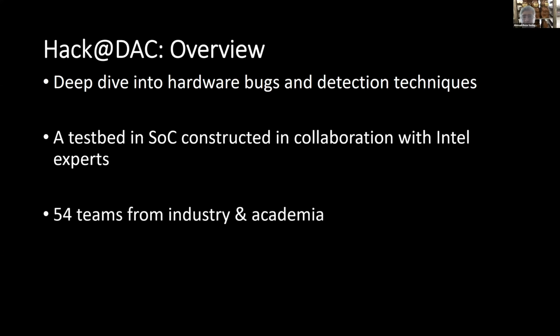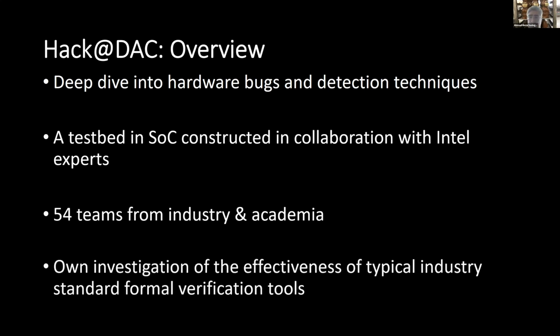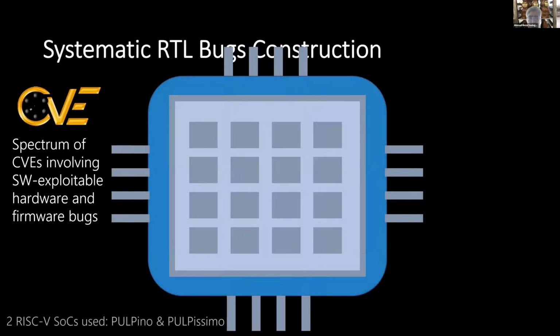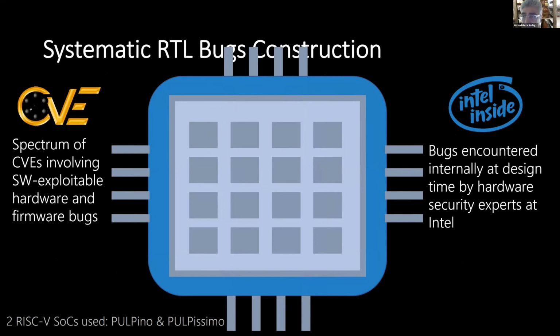Okay, so I don't go through all the things. What is important here is that there were deep bugs in the hardware, but the interesting point is that these vulnerabilities can be exploited by software. So they are cross-layer attacks. They go beyond microarchitectural attacks deep in the hardware. I'm just reporting from Hack@DAC 2018 and 19, going very fast through it. We used a lot of existing CVEs to fabricate the bugs. And we also used bugs that were internally found by Intel or never published. Some of them were revealed to us to put into this SoC. So there is lots of insight if you participate.